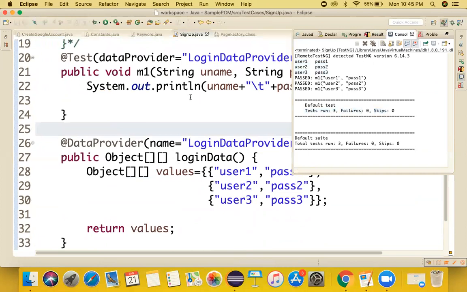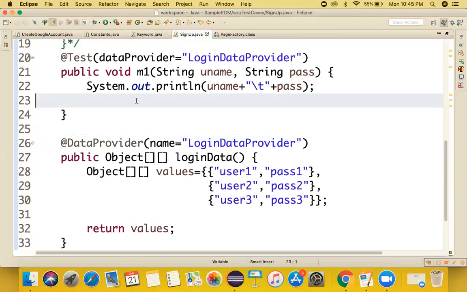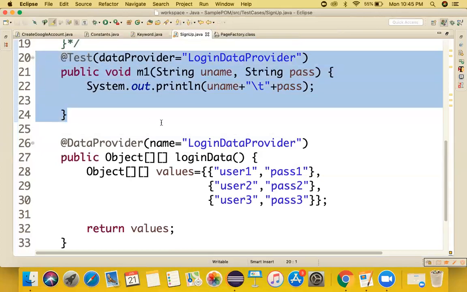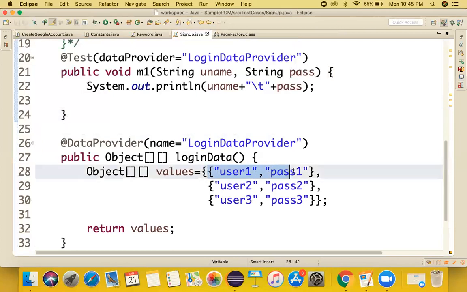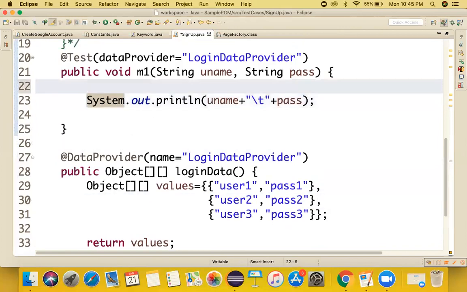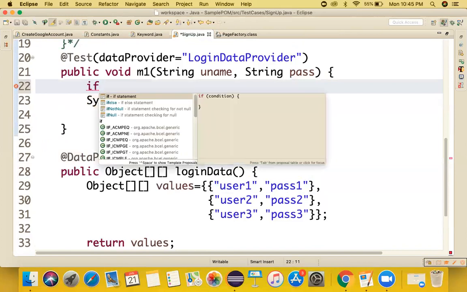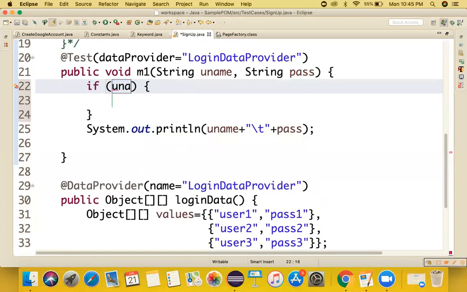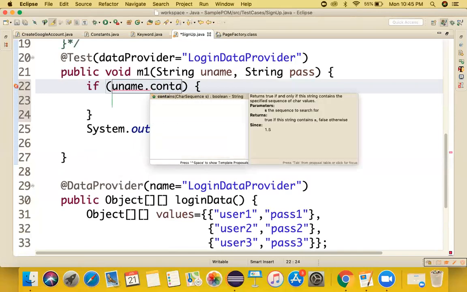Okay. So here what we are going to do is test a large amount of data by providing it one by one to our test case. Okay, so this is how we can provide a large amount of data to our test case, and we can validate which pair of data is correct and which pair is not correct. Okay, so let's say we are taking a decision over here. If uname dot contains